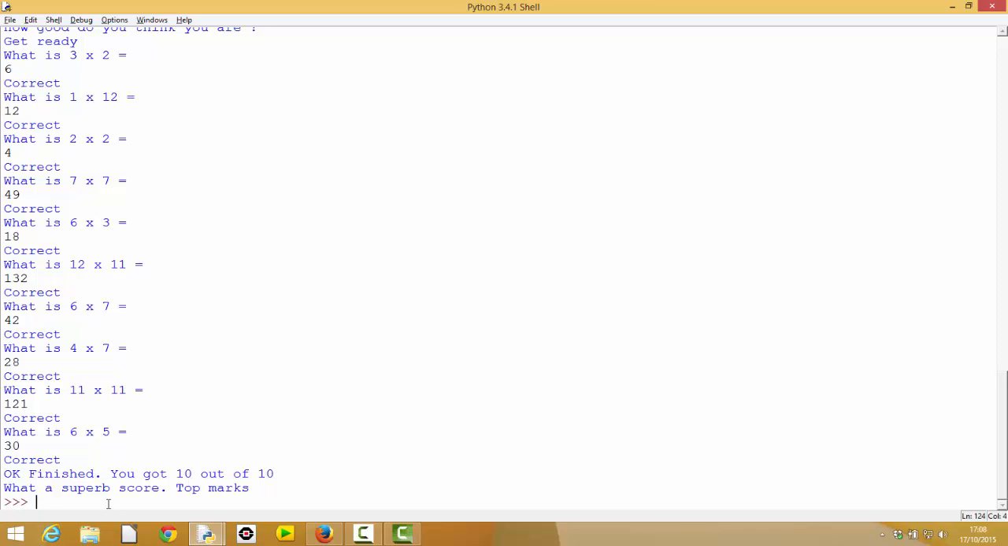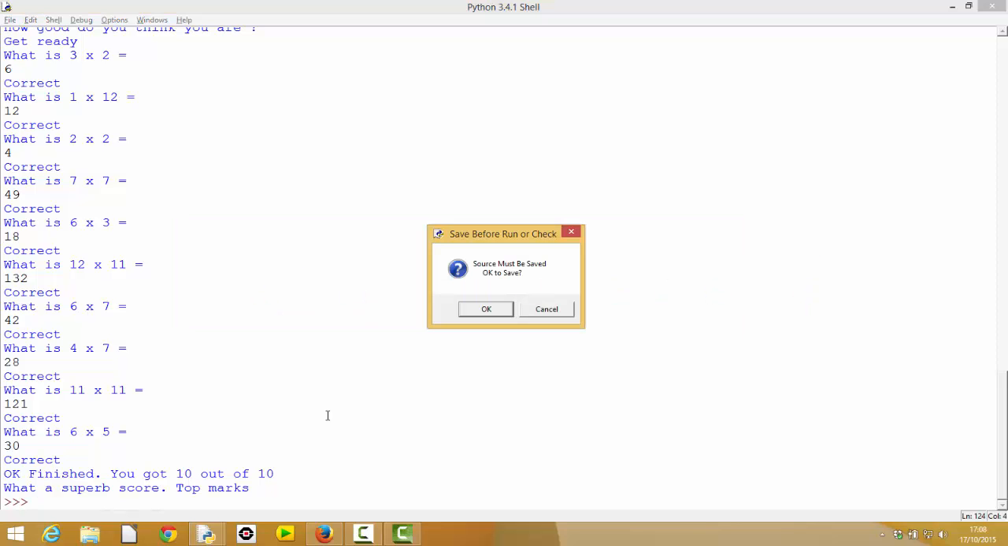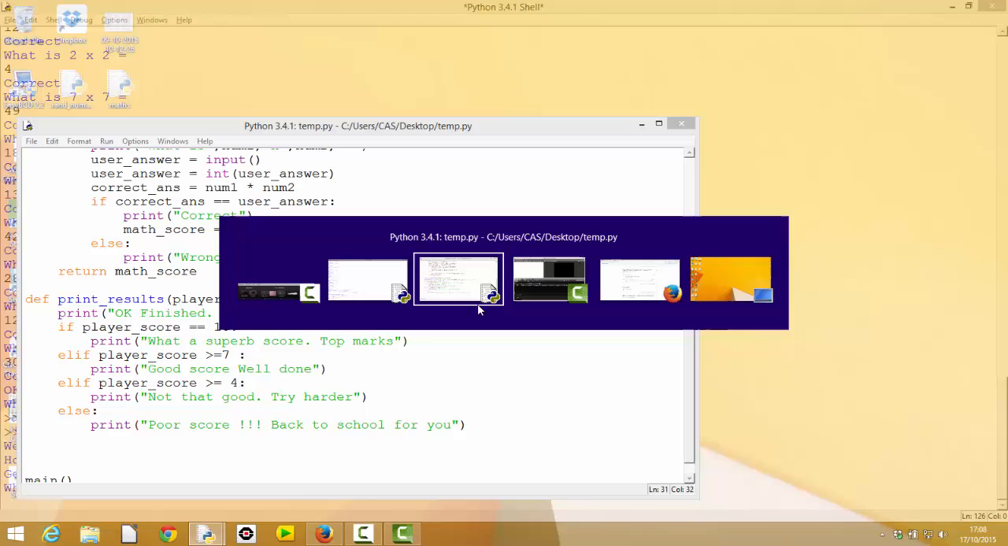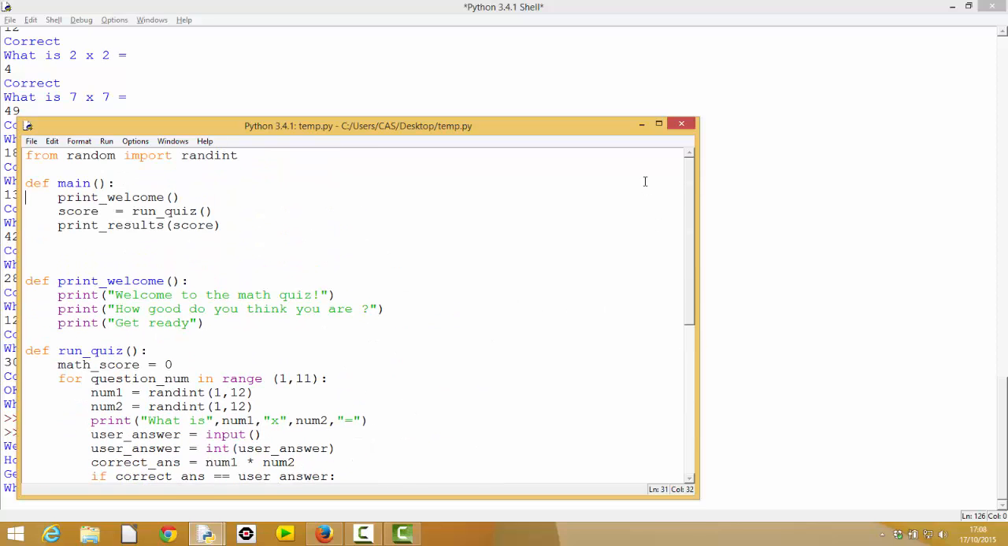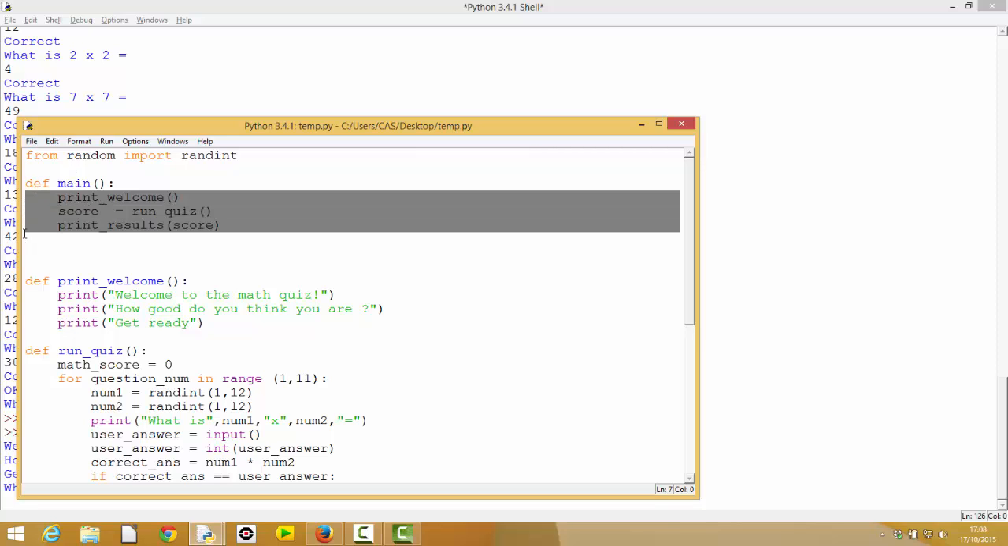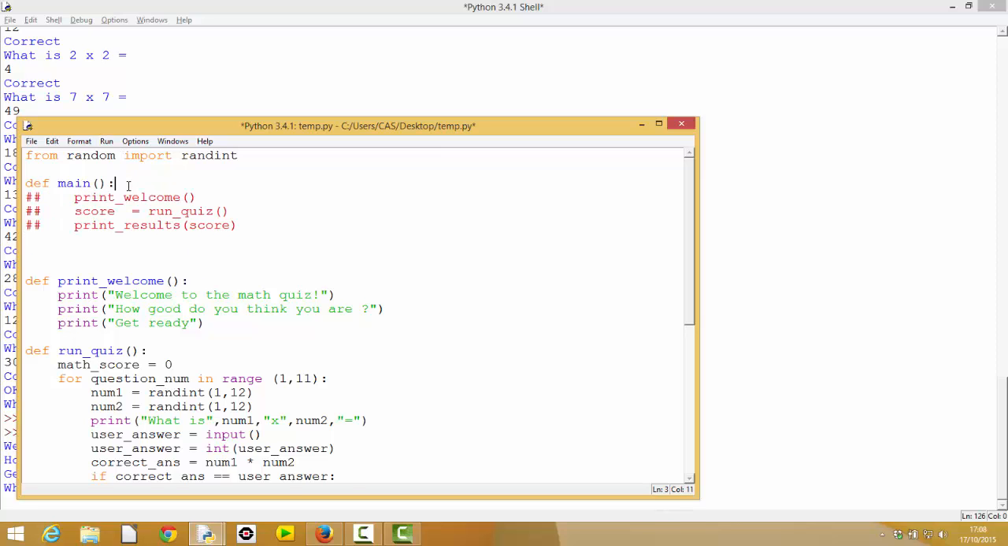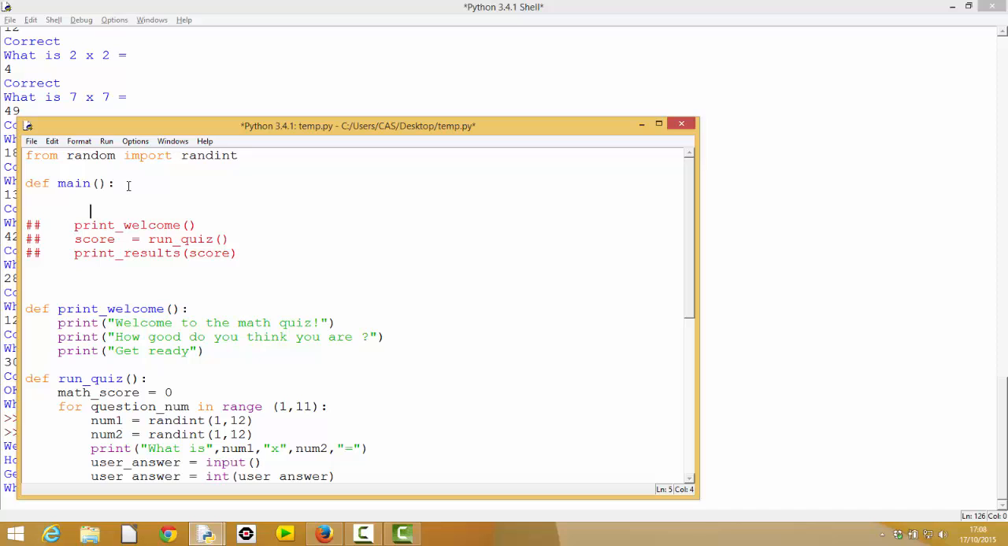So that proved that the program worked, and it certainly picked out the value of 10, which was quite good. From a testing point of view, we could rerun it and try and get different scores. But like I said, what we could do as well is, in our main function here, I could just comment these bits of code out for the moment, and I could just write a little test program in my main function, which just says for score in range